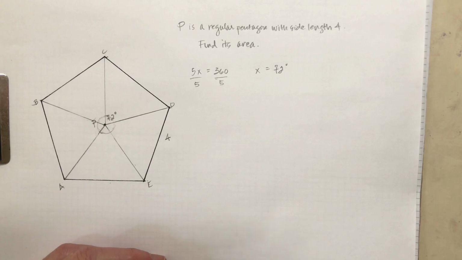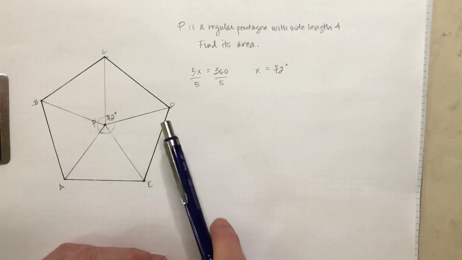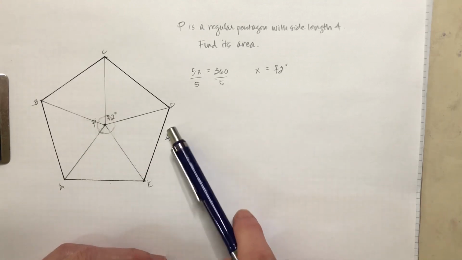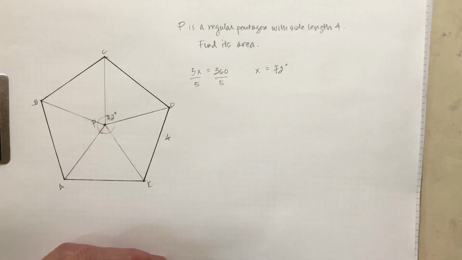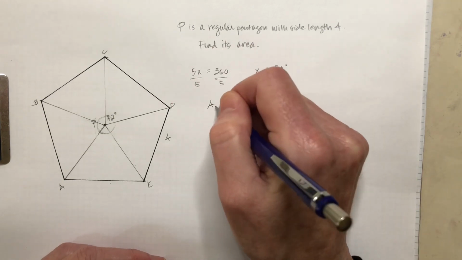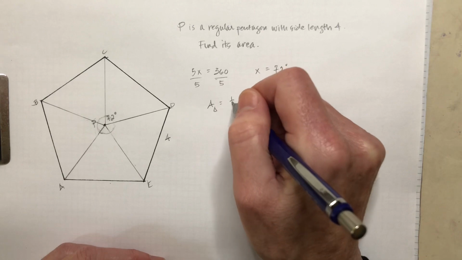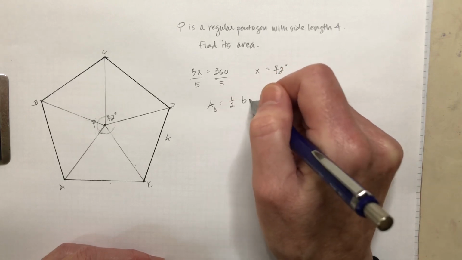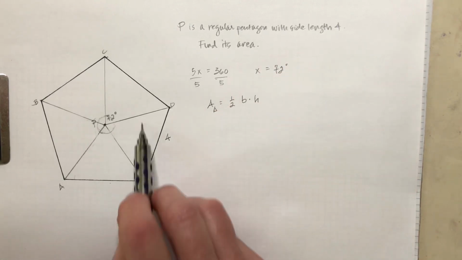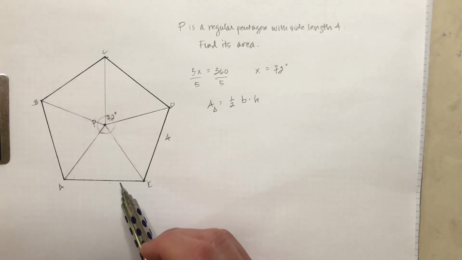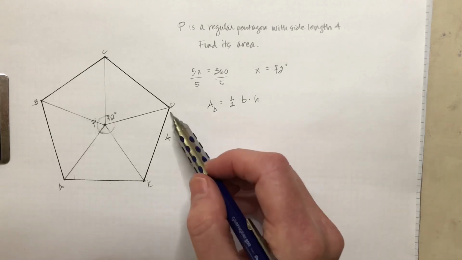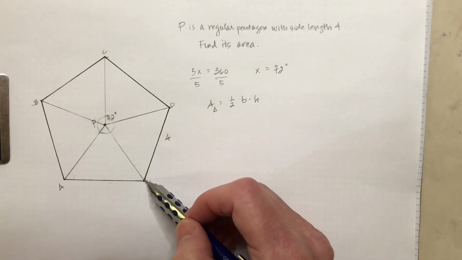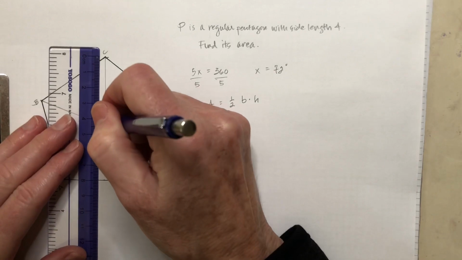If you're at this point in your geometry class where you're finding the area of a polygon, that means you already know how to find the area of a triangle. So recall, what's the formula for the area of a triangle? It is 1/2 base times height. We've got 5 triangles, and all we need to do is find the area of one of those and multiply by 5. The base of each triangle is 4 units, and we need to find the height. So we can draw an altitude